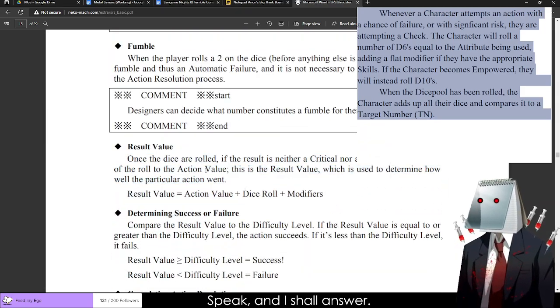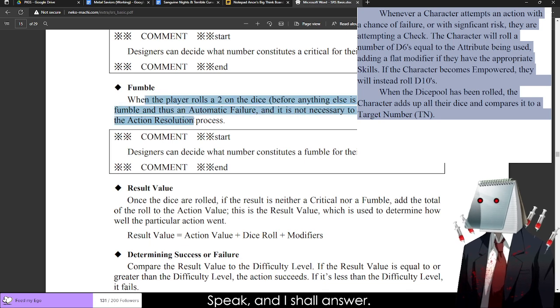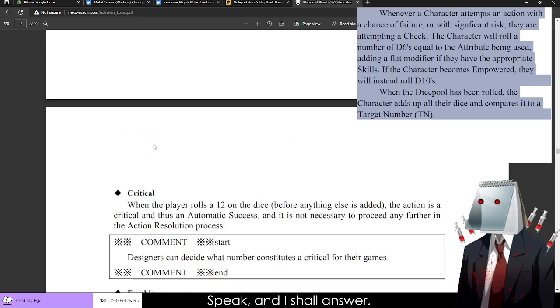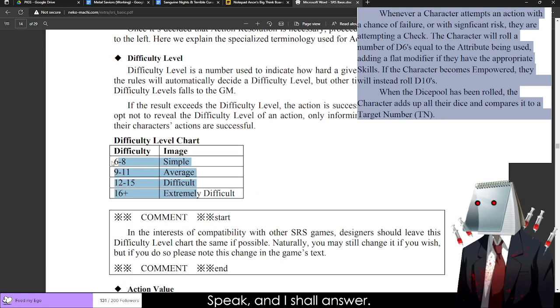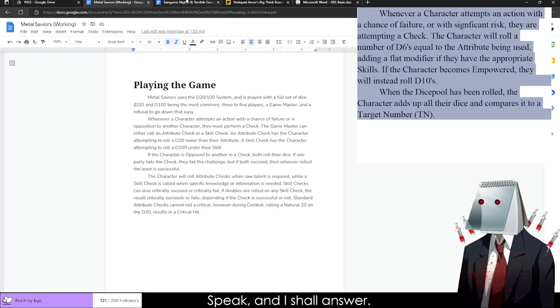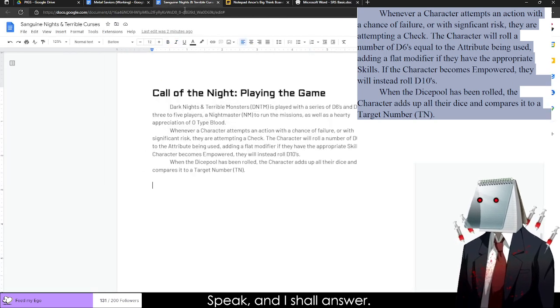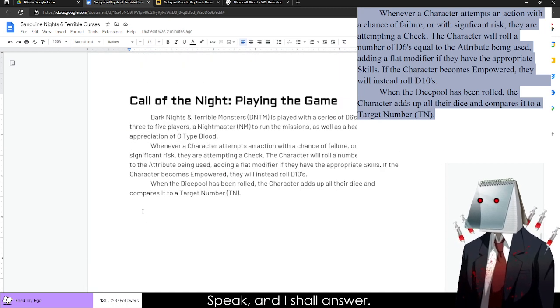Once the dice are rolled, add the total of the roll to the action value. This is the result value. So if it rolls a 2 on the die, it's just 2. So it's a 2d6 system at the end of the day, but this is the range. But if we're dealing with more dice, we can add a little bit more to it. Cool. Okay, I think I know what we can do. Go away, Metal Savers. We don't need you anymore. Add our dice, compare it to the target number. Ah, son of a...